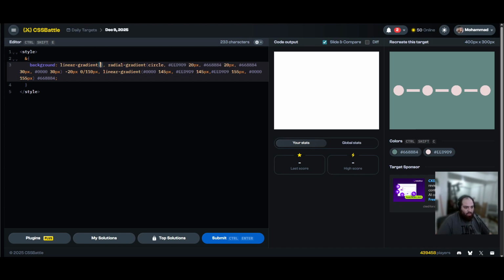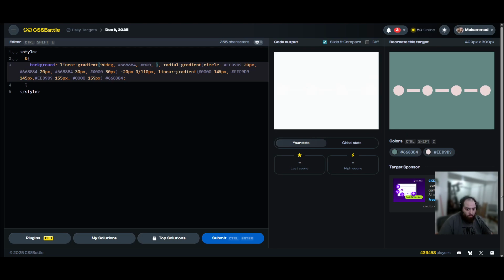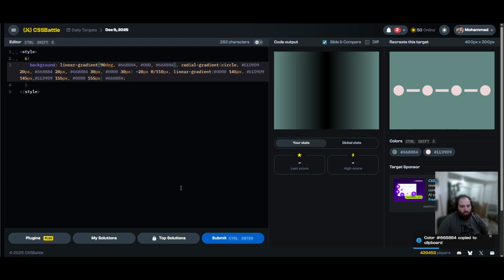It is going to be going from this green. First of all, it's going to be 90 degrees, 90 degrees. Going from the green to transparent actually, to the green again. And here we're going to set it to,